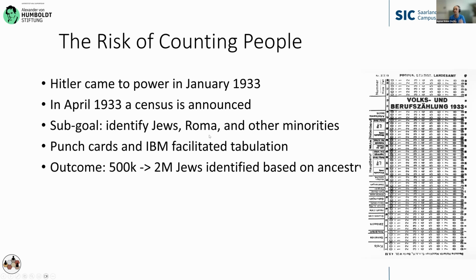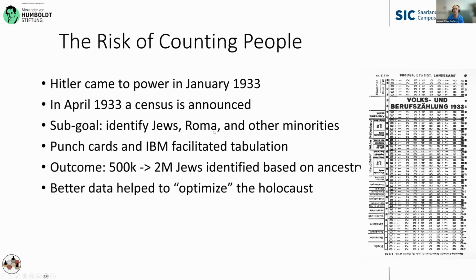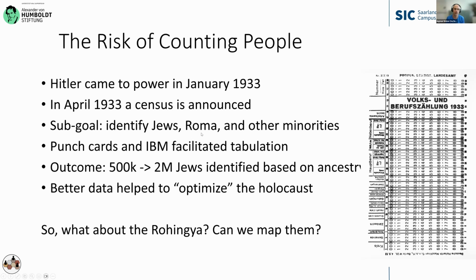So suddenly we had better data, thanks to clever computer scientists. And isn't that wonderful? And so in a sense, better data was then used to optimize the Holocaust. Now, what does this mean for the work that I showed you? For example, people from the Harvard Humanitarian Initiative, when I showed them, they said,